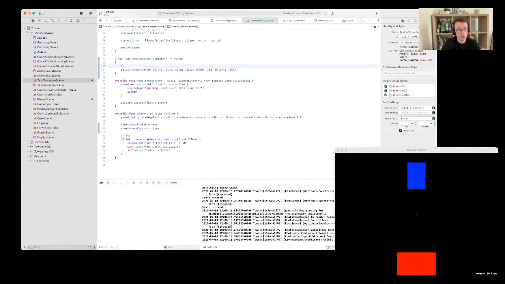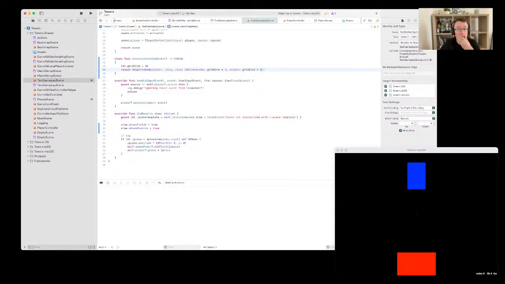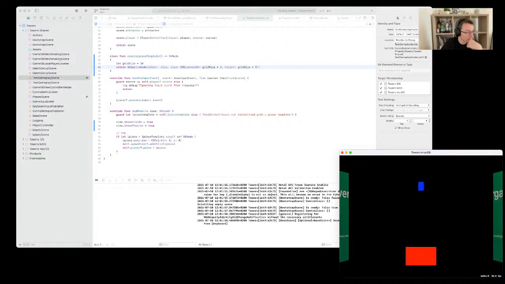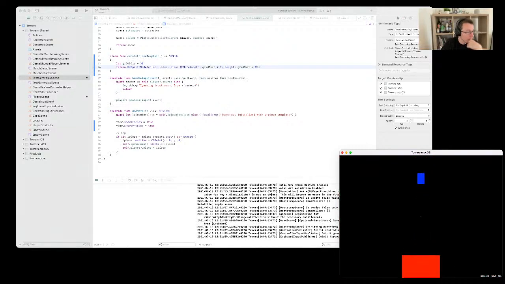Let's try, maybe let's try with grid size 30. So if the grid size is 30, then width is grid size times 2 and height is grid size times 3. Let's try this. And this seems like a plausible start. All right, so now we want